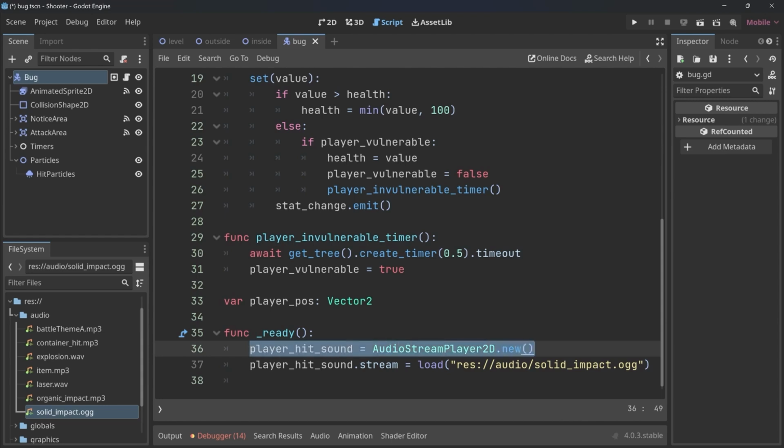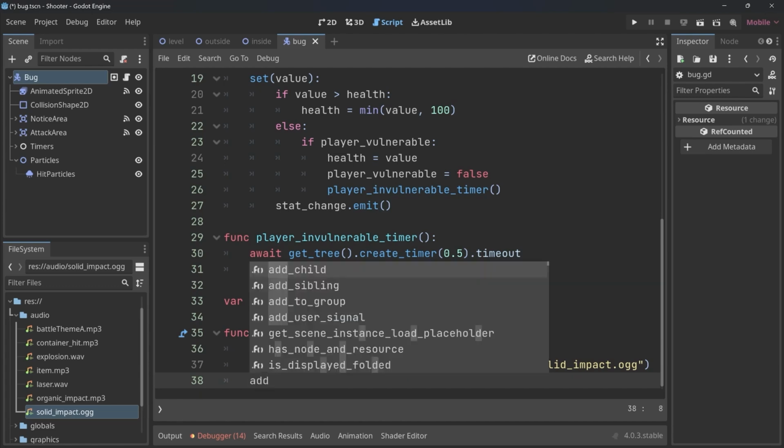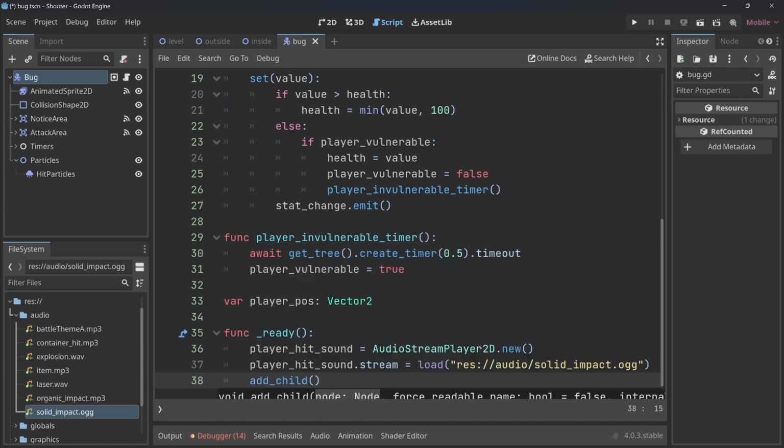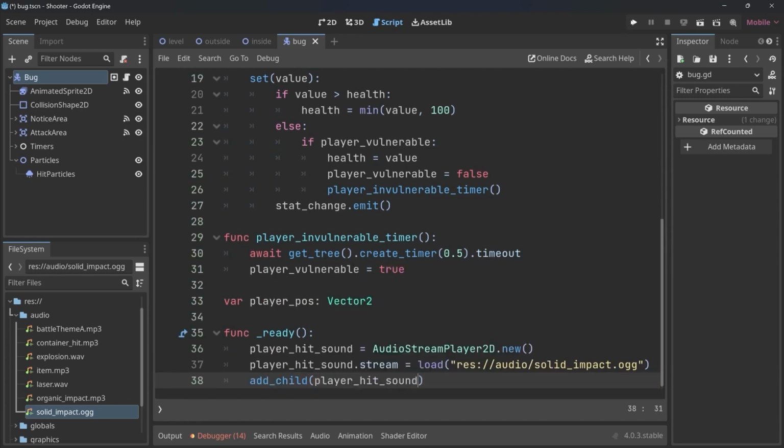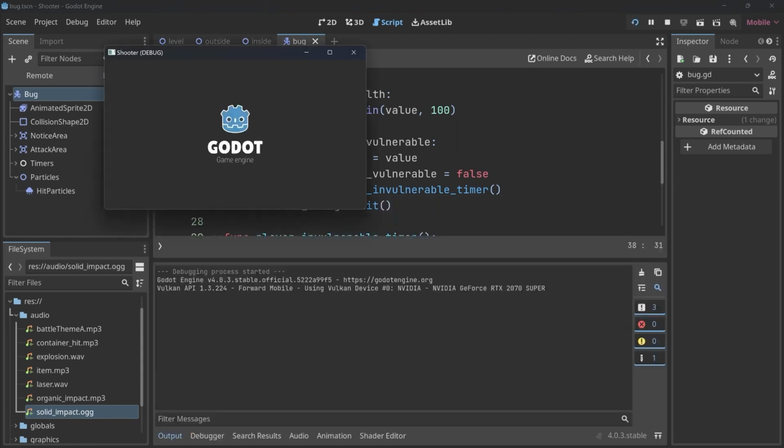At the moment, we have a node, and this node has a stream, so a file. The last thing we have to do is to add this node to this script, which we do with add child. We have seen this one before, and we want to add the player hit sound. What this one now is going to do, if I run the entire